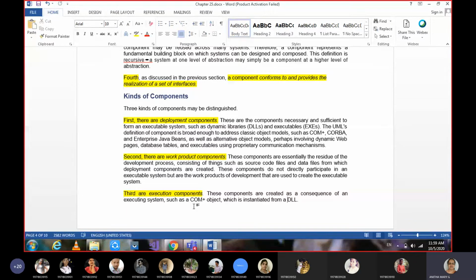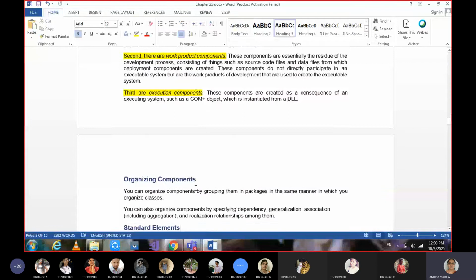These execution components are created as a consequence of executing systems, such as COM objects, which are instantiated from a DLL. During runtime, when a .dll is initiated, in order to execute the service it may need some COM objects. Such things we call execution components.